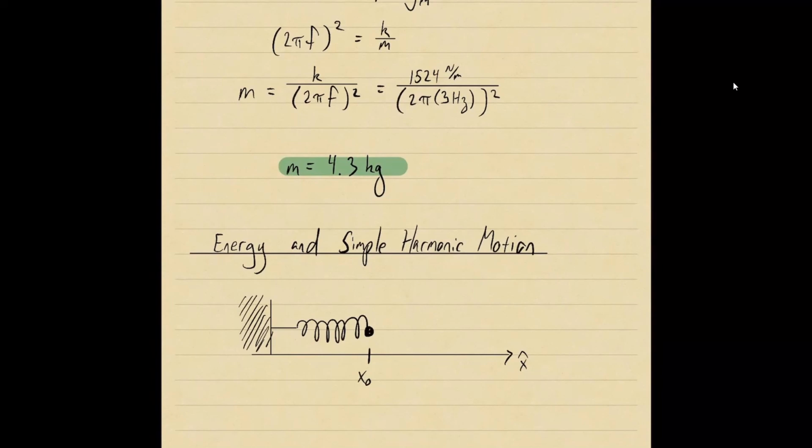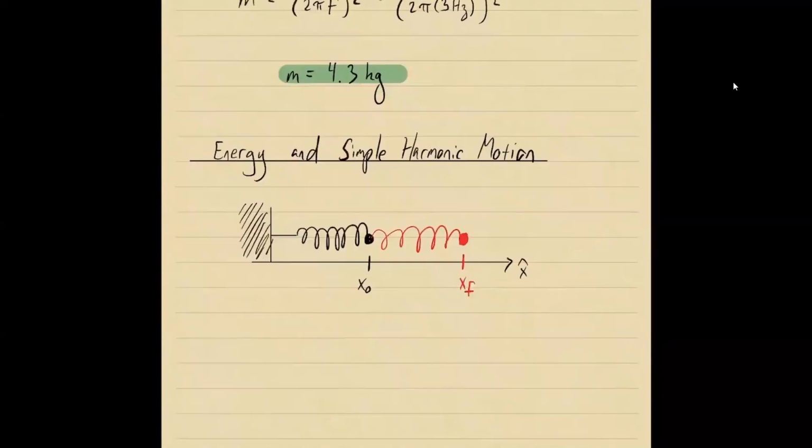Let's say we stretch it a little bit further, maybe out to here, to some final stretched distance. I'm going to say that the distance between these 2 points is x. Actually, I take it back. This is going to be our equilibrium point, but basically, however much we stretch our spring by,